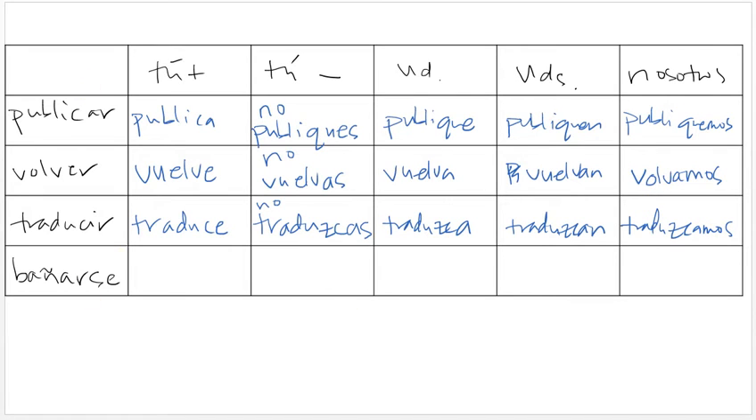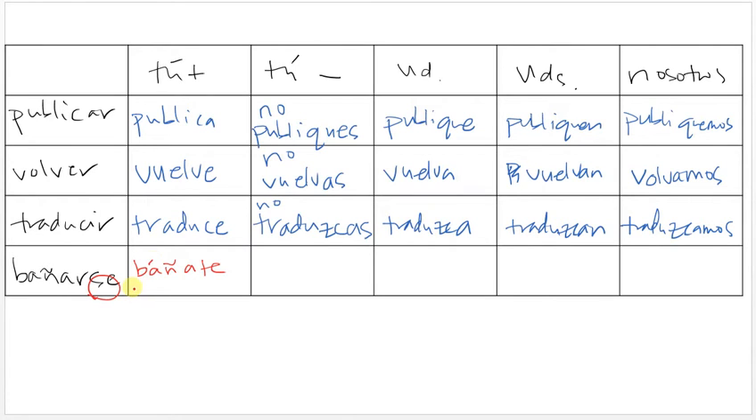Okay, now we have bañarse. Bañarse has a reflexive pronoun. So when we do the positive tú command, we need the él, ella, usted form of the verb, which is baña, and then we have to attach the pronoun at the end. So since it's a tú, the reflexive pronoun is going to be te. So báñate, and when I attach a pronoun at the end, I have to add an accent,